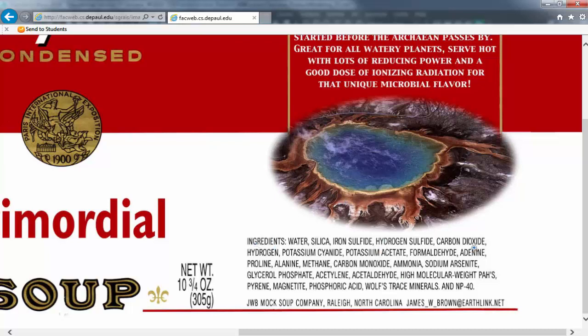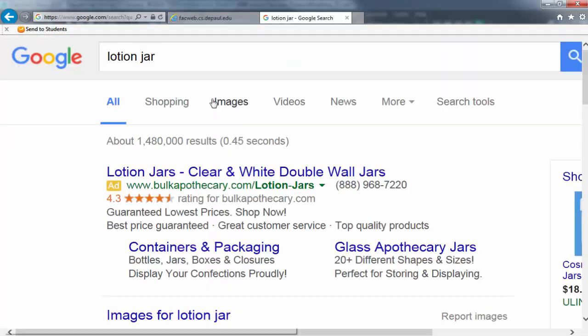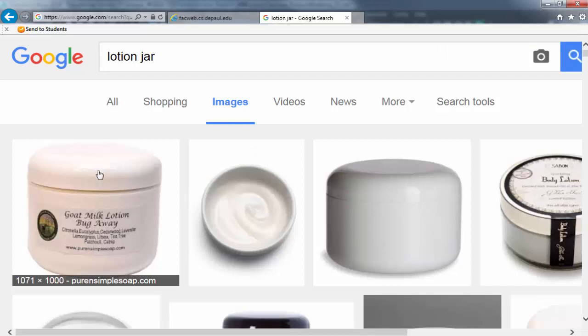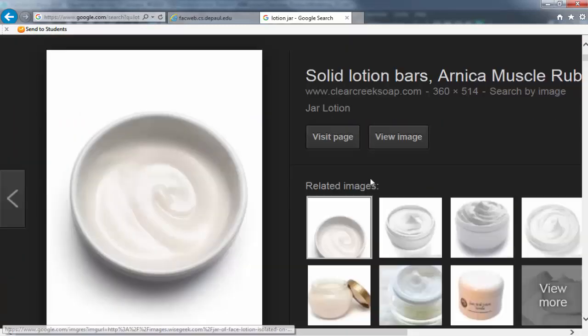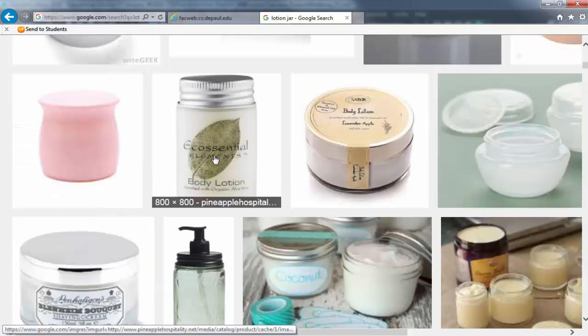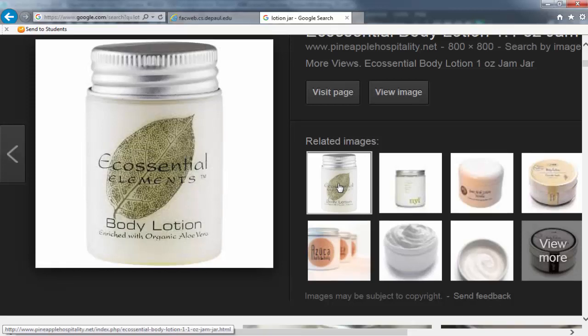We may want to call out a couple ingredients, like if we look at an actual lotion jar. If you look at an actual lotion jar, we can see all the fancy stuff that they put on there. Goat milk lotion, bug away. That's a horrible one too. That one's nice. Okay, so even something like this, it has a leaf, it has a name in here, it has what it is, it has that on there. Even something like that looks clean and looks nice, you drop it on there, that's going to go a long way